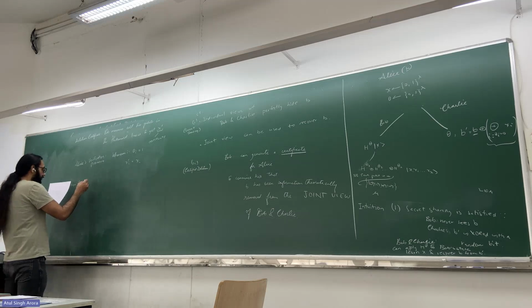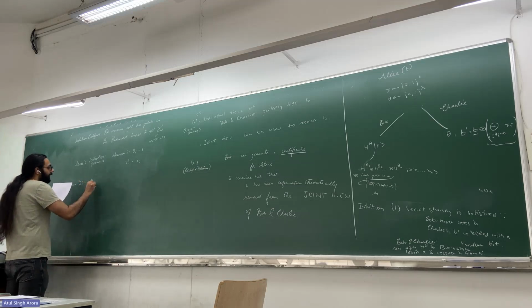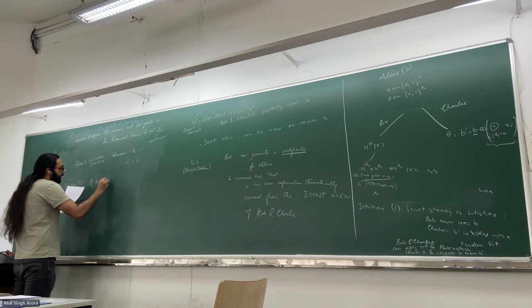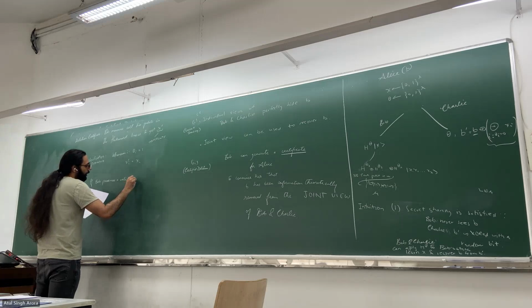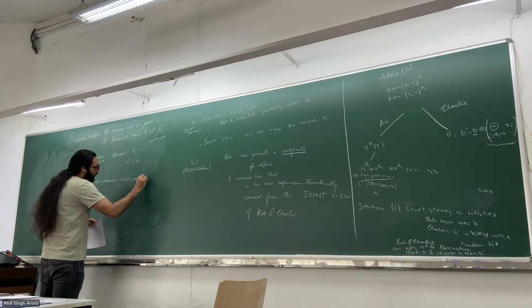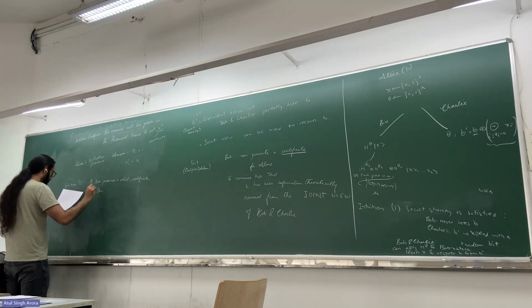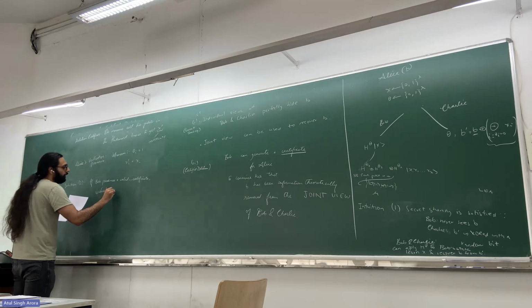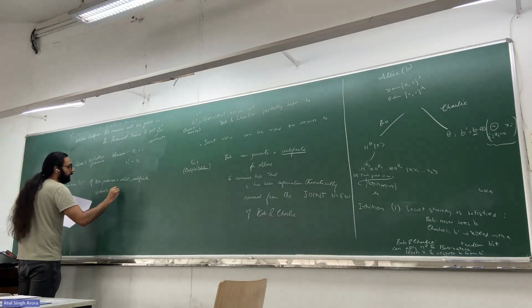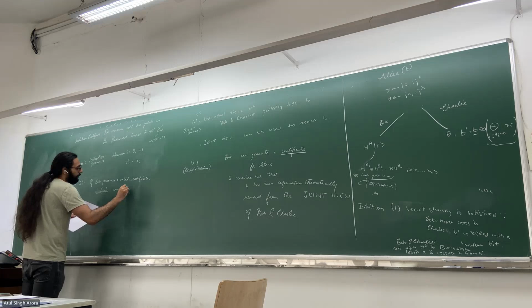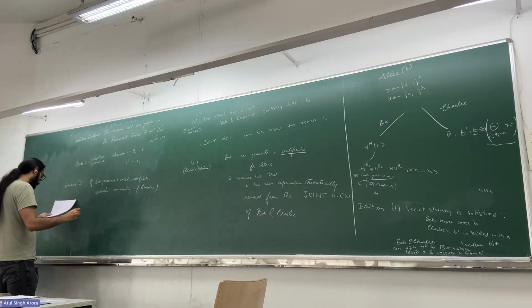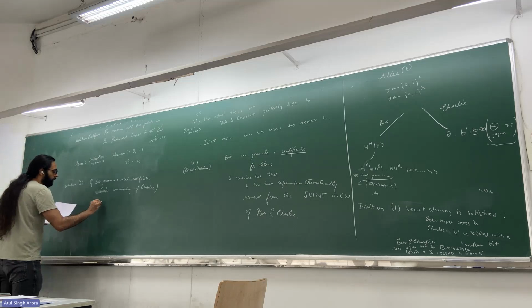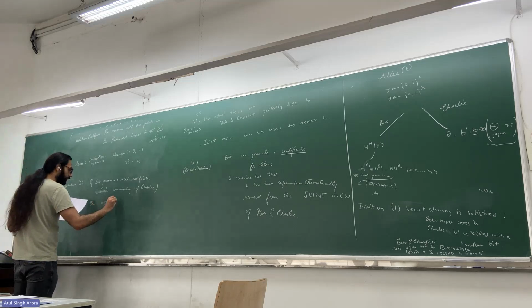One can show that, this is an assertion, that if Bob produces a valid certificate, and this is the key part, without communicating with Charlie, then with probability 1 minus negligible,